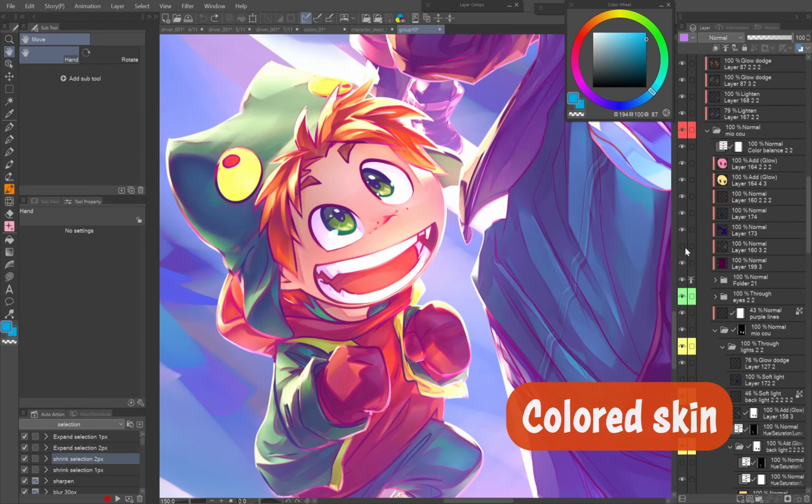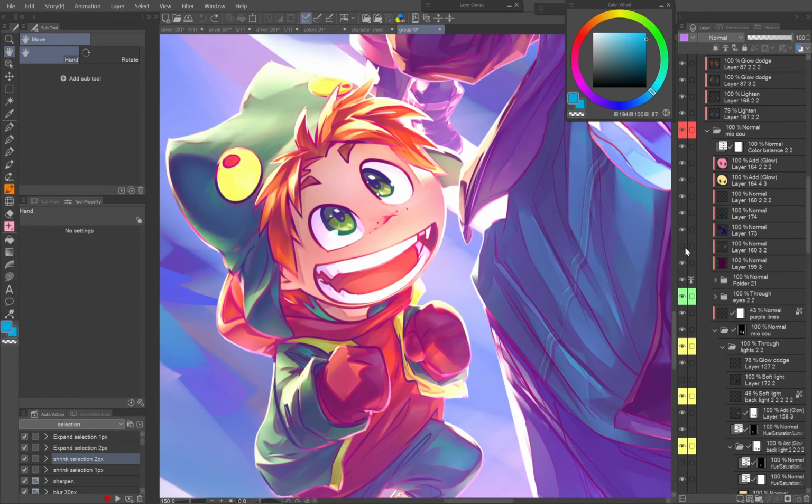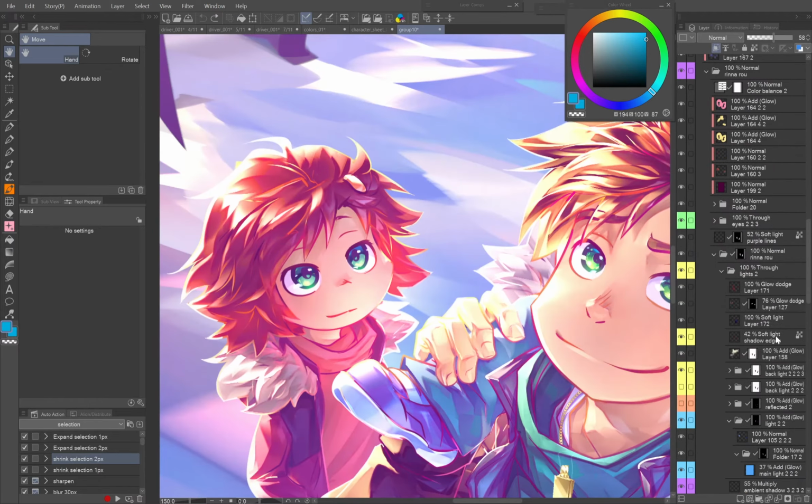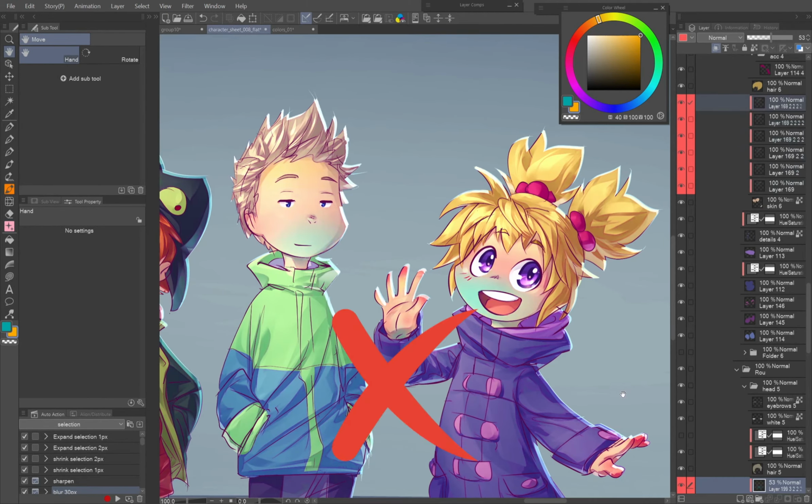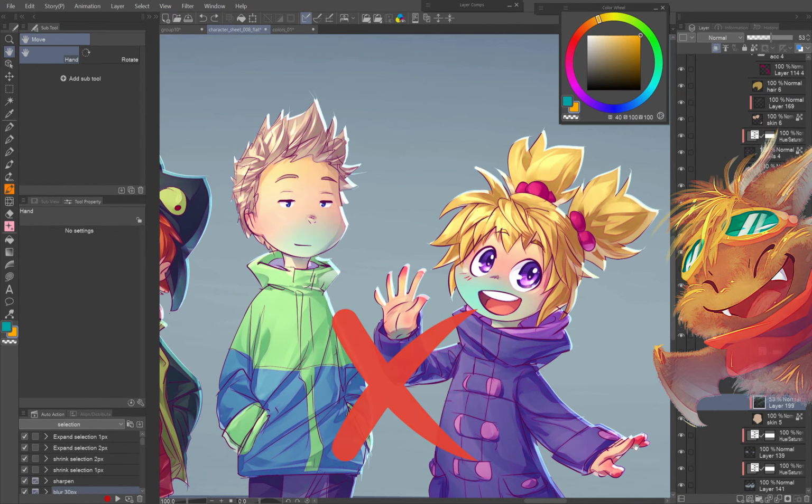Colored skin. Even if you draw in anime or comic style, there are a few tricks that don't cost much time but add unexpected liveliness to your art. You probably know about the color zones of the face, where the forehead is tinted with gold. From eyebrows to the tip of the nose, it's reddish and slightly greenish or bluish around the mouth. It's mostly used in more realistic paintings, but you can use it to a slight degree even with stylized characters. Just be extra careful not to overdo it, especially with the blue in children and women, or they'll end up looking like an unshaved drunk.